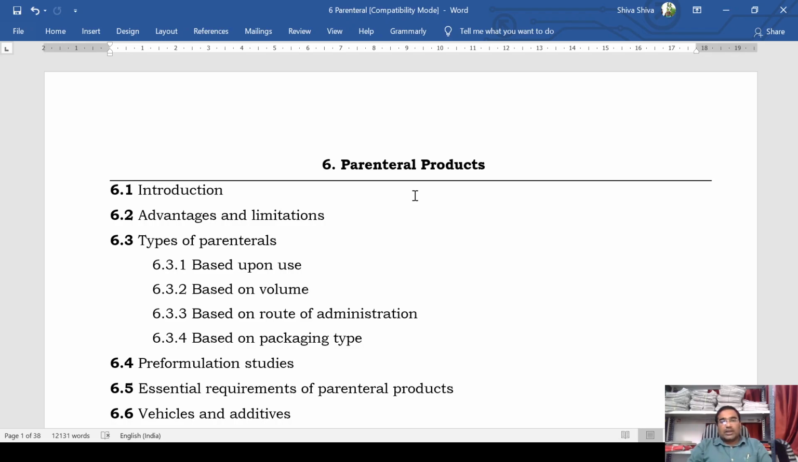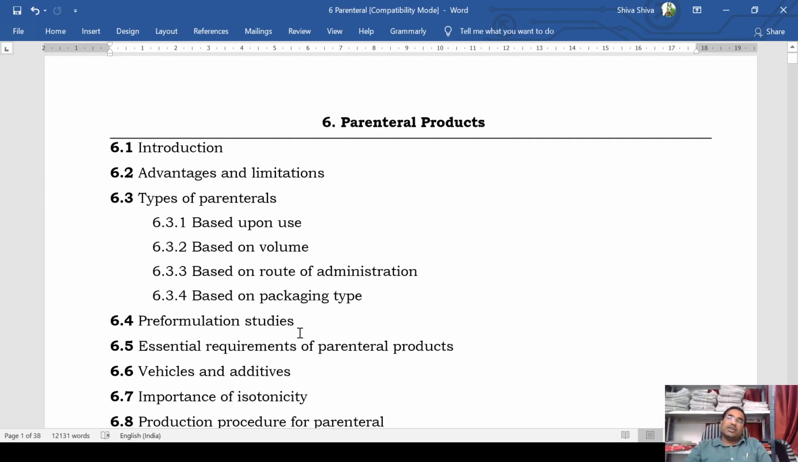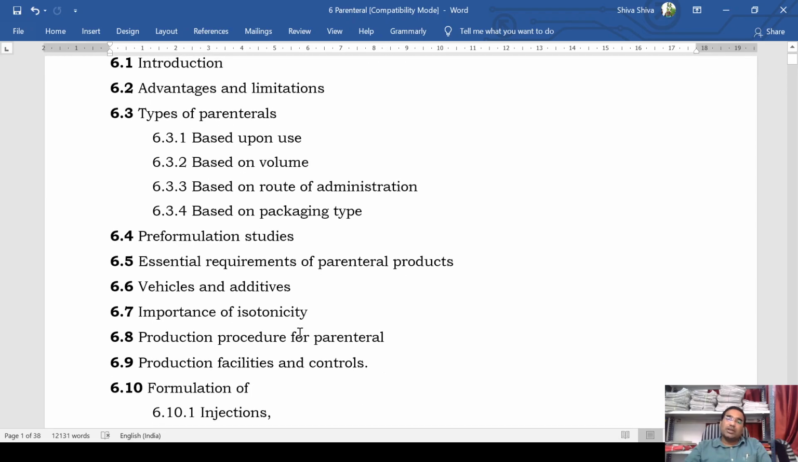go through the introduction, advantages, disadvantages, or limitations of parenteral products, then types of parenteral products based upon its use, based upon volume, based upon route of administration, and based upon packaging type. Then pre-formulation studies of parenteral products, then essential requirements of parenteral products, then vehicles and additives which are used for the formulation of parenteral products, then importance of isotonicity which we have already seen, then production